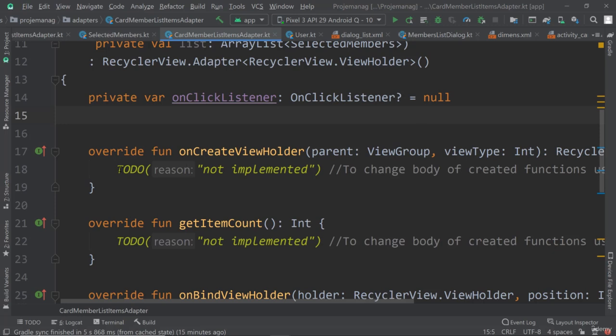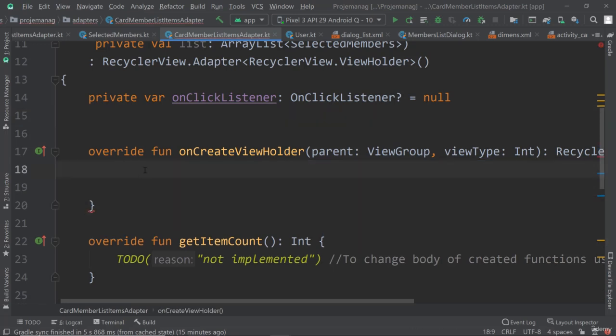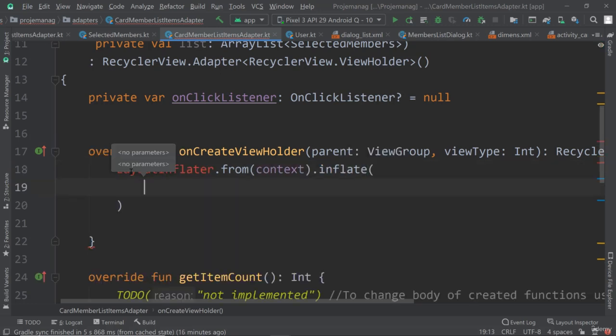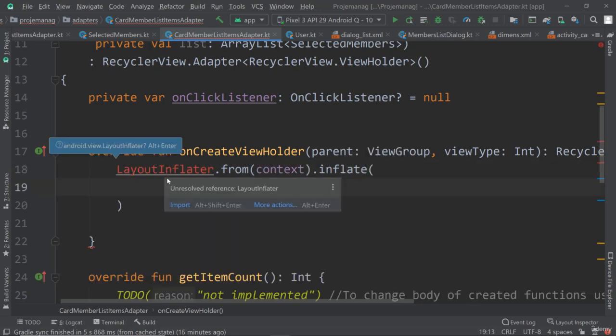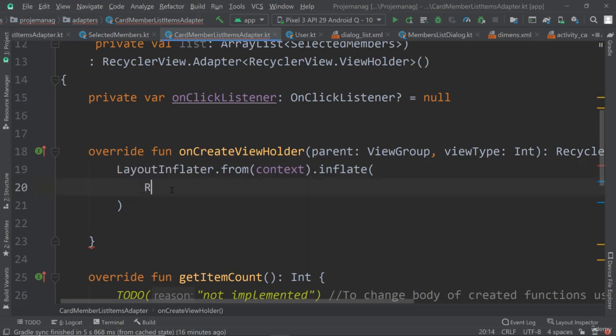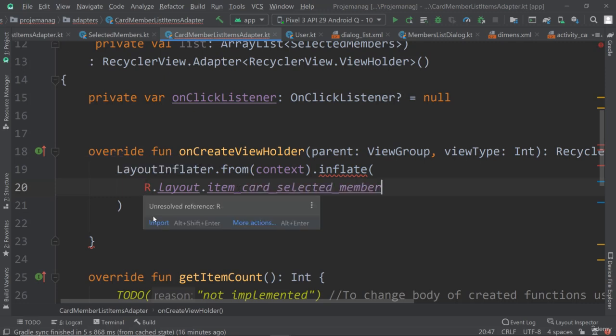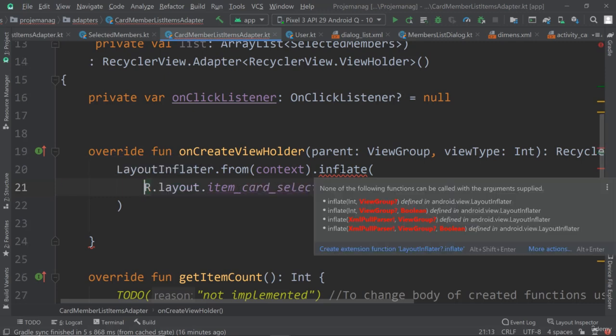So in onCreateViewHolder, we need to define how it's going to look, and it's going to be LayoutInflater from context inflate, and now inflate what exactly? Well, the layout that we want to use. So here R.layout.item_card_selected_member. So I'm going to call it that. So now let's import R, and here